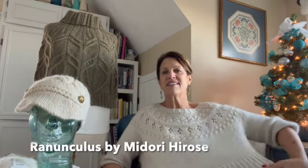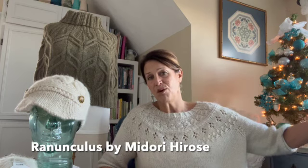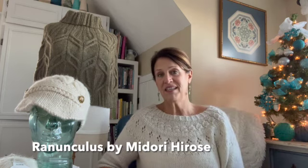Well, if any of you have been watching YouTube or Instagram or on Ravelry, you know all about this sweater. This is the Ranunculus, and this is the Midori Hirose pattern. And this pattern is, I think, got to be one of the most made patterns on Ravelry, maybe. I made it when the pattern was probably already out for a few years, and I bought the yarn at